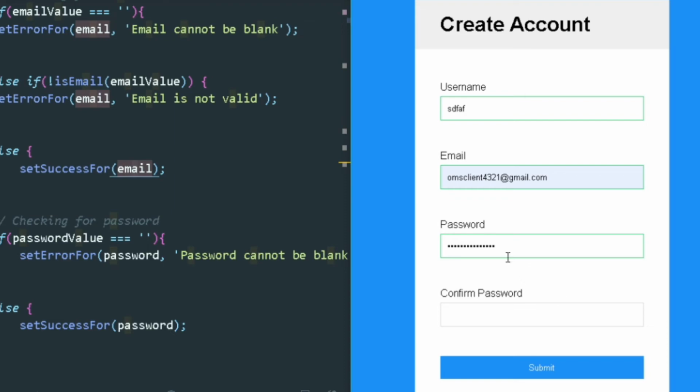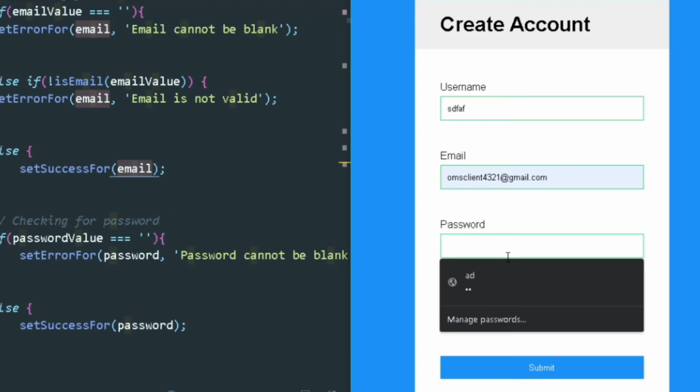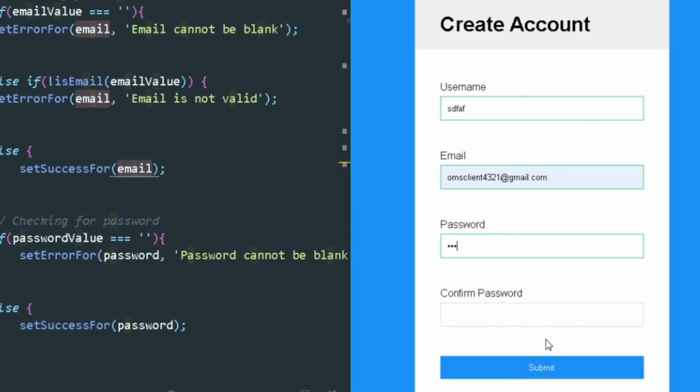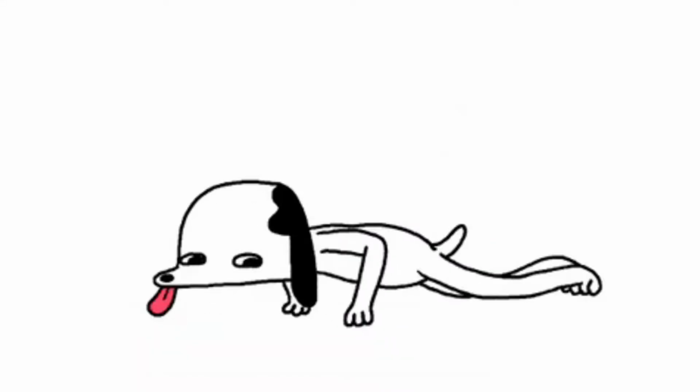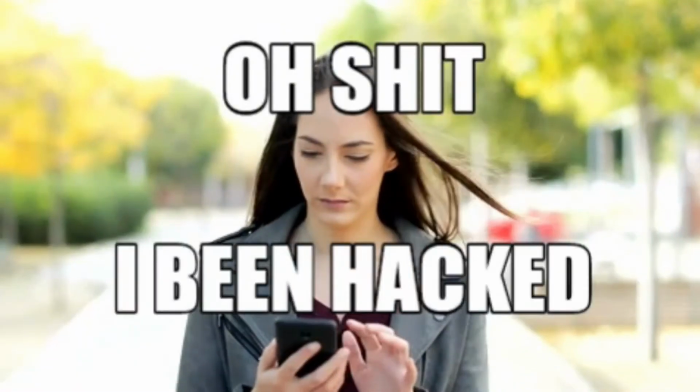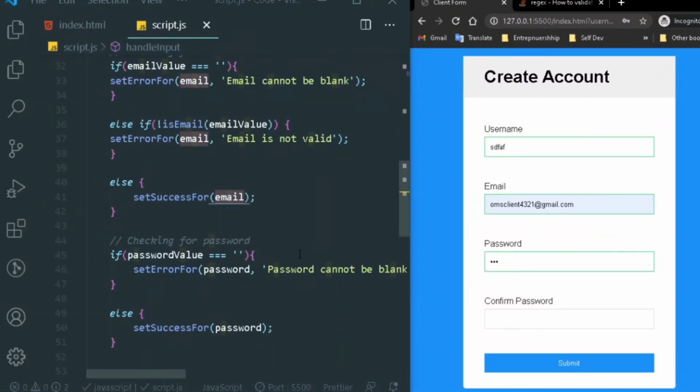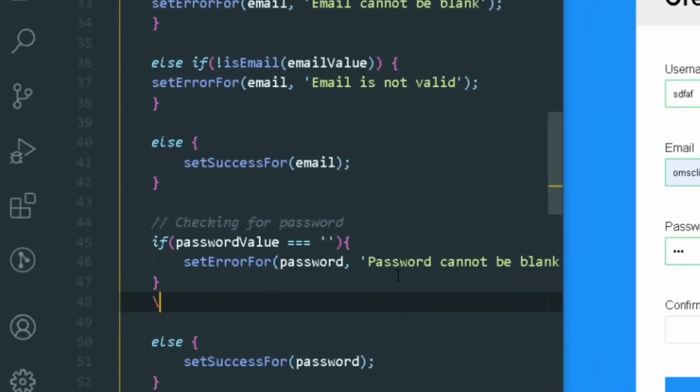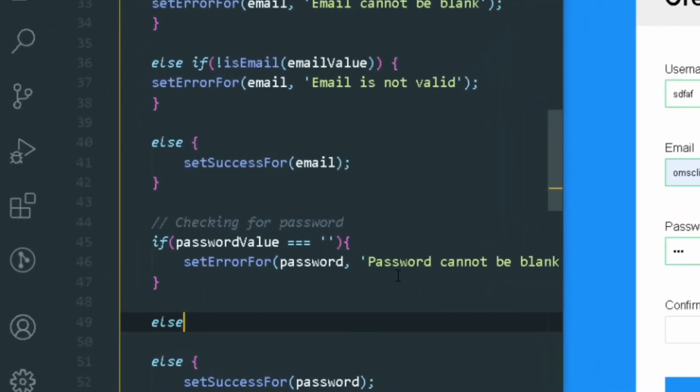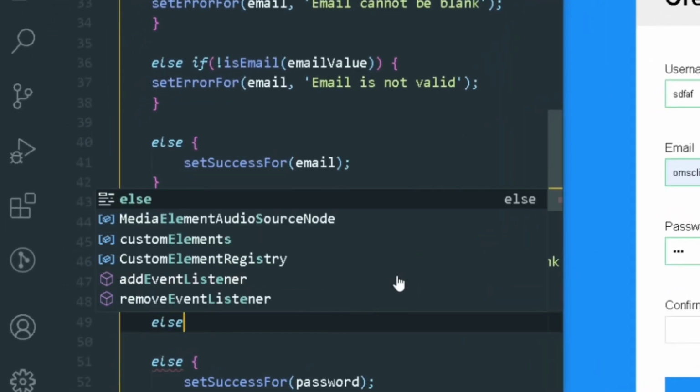For example, if I enter 123 and if I now hit submit, you will see it is showing that password is correct, but this password should not be correct because this is not a strong password. This is a very weak password, and this password can be hacked, right? So what we can do is we can say same like else if above with email. We can say as if